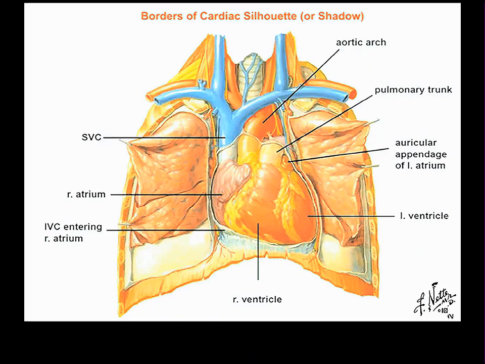The superior vena cava, the ascending aorta and aortic arch, the pulmonary trunk and its branches, right and left, all of those things do not silhouette against the rest of the heart. You know, these are all water density structures. So you cannot tell where the pulmonary trunk begins and the right ventricle leaves off, and you can't tell where the arch of the aorta begins and the left ventricle leaves off because the images all merge. They're all water density. So this whole thing, including the great vessels, is referred to as the cardiac silhouette or